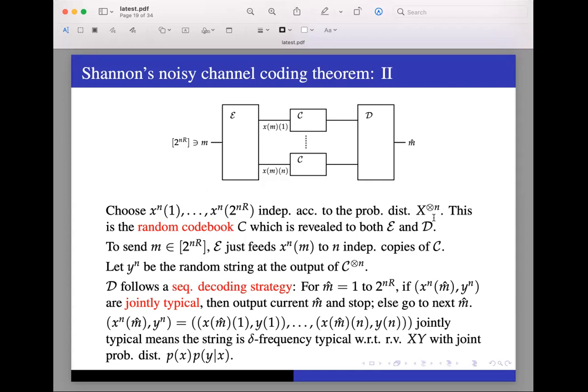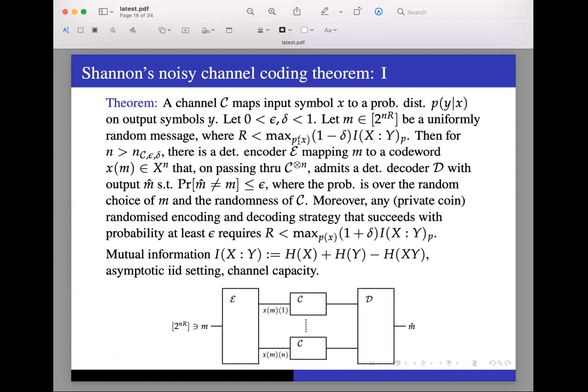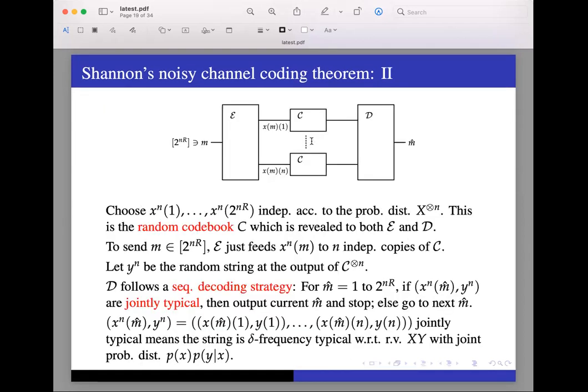Note that this just means n IID copies of the base probability distribution on x, and the base probability distribution is this px that I'm talking about. So fix a px out here, which is close to the maximum or achieves the maximum. Now that px is the base probability distribution in single copy x. Now take n IID copies of px. That's the probability distribution on x to the tensor power n. Now choose a symbol xn, and say that this is my code word for the first message.